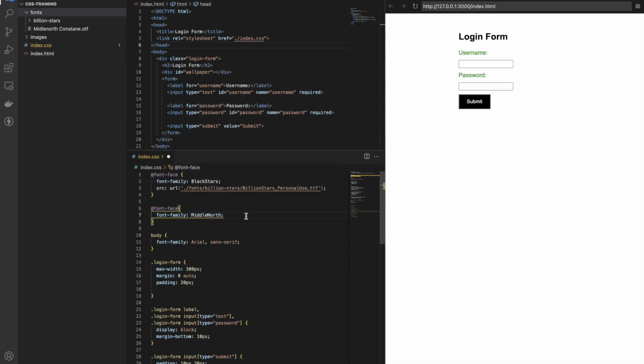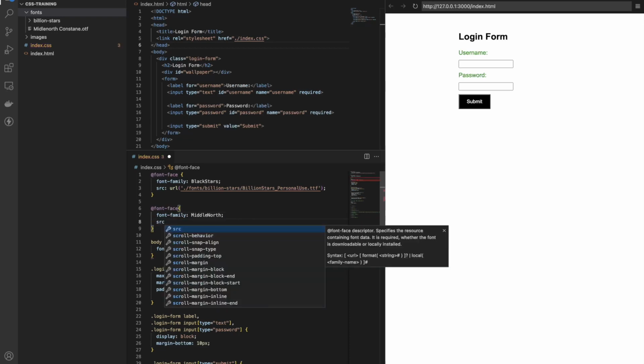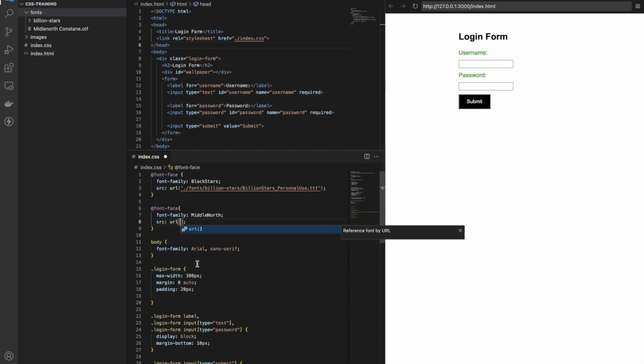Then I come down. The next thing is src, which stands for source. How can I locate this font from my CSS file? And that is very simple. You use what is called a url function in CSS. As you can see, url, it would have opening and closing brackets, and then you do a relative naming again to find its path. So I'll do dot forward slash